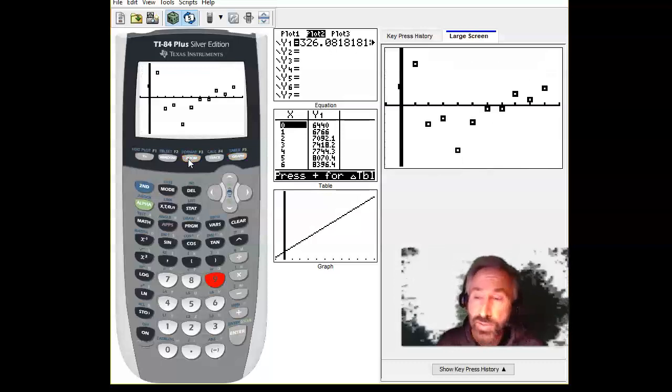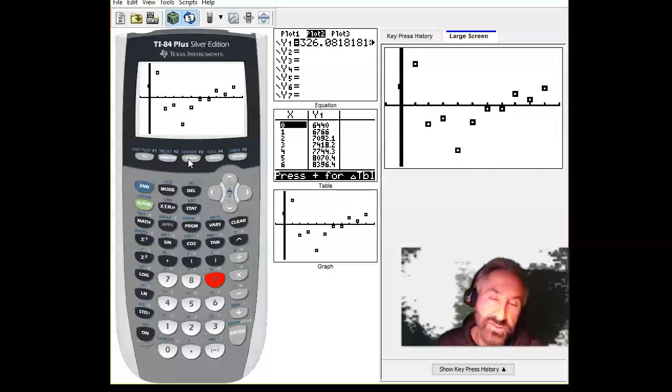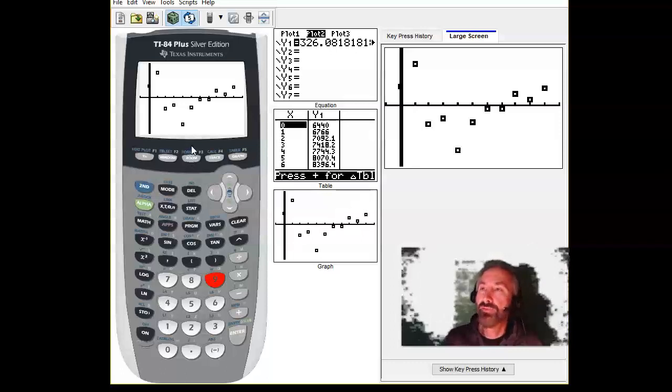And if you look in the book on page 178, you'll see that my scatter plot looks just like theirs. This is the scatter plot of the residual data. It's known as a residual plot. If I want to get rid of that other line that you saw being graphed, I can go to y